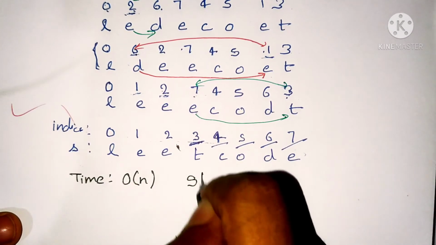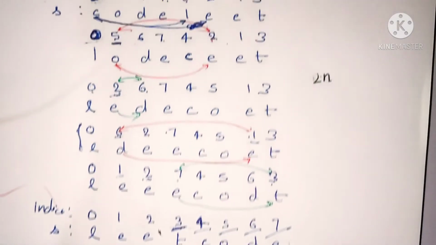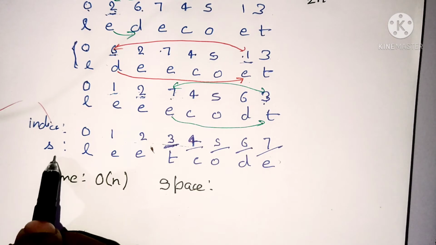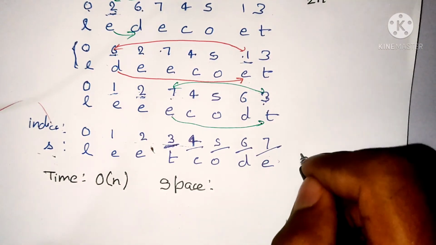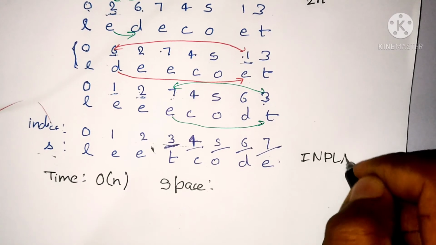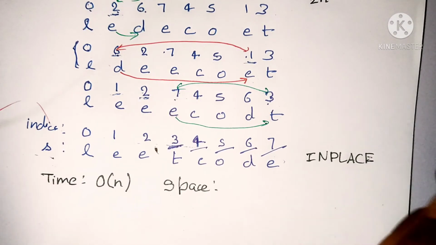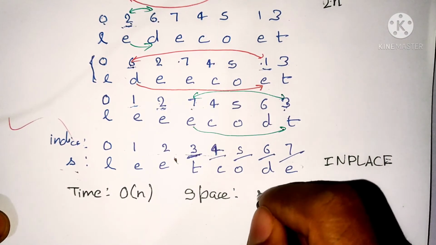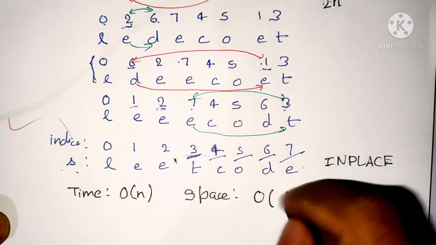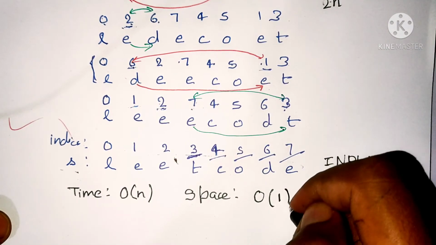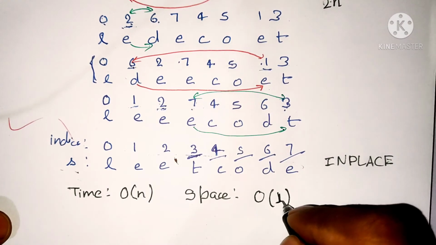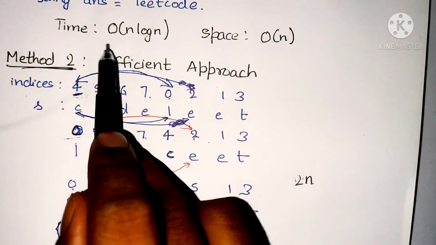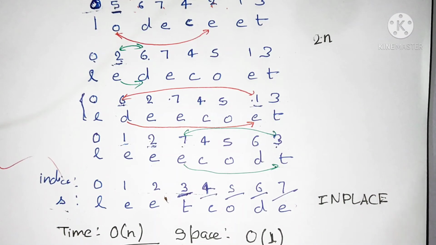And what should be the space complexity? See, here we are not using any auxiliary array or anything. We are doing everything in place. What is in place? In place means we are just editing the original given array. We are not declaring any new array or string. So the space needed is 0 and the auxiliary space complexity is big O of 1. Okay, so this is clearly a better solution than this one. Okay, so let's now see how to code.